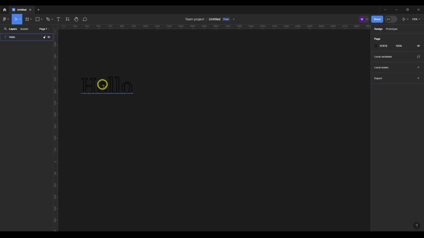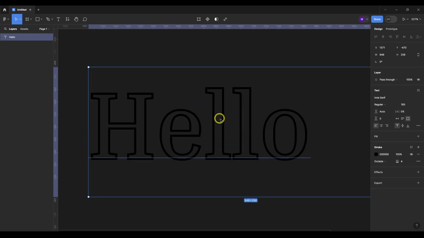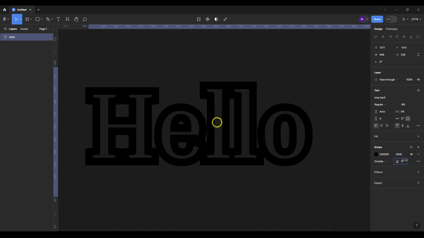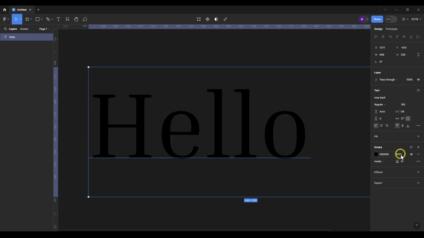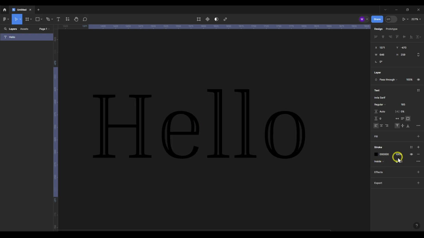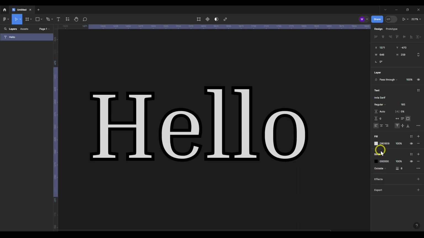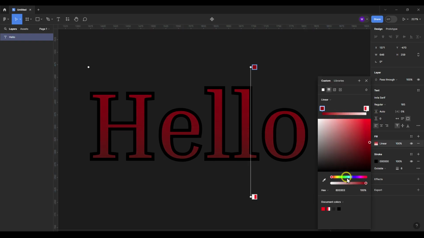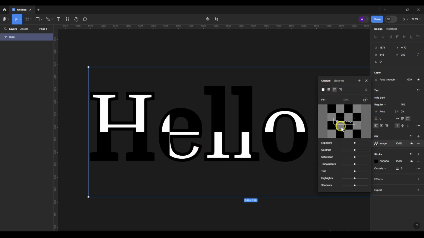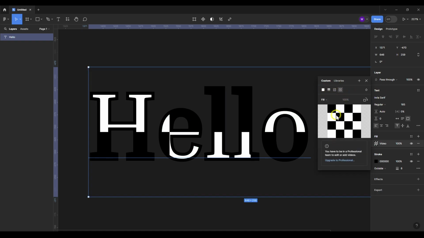Let me delete this and just move this here and zoom in. So we have stroke, we can increase from here. We are adding stroke outside, we can add inside. We can add a fill. We can change this from inside outside. Change the color. We can add a gradient. We can even add an image inside this text. We can even add a video